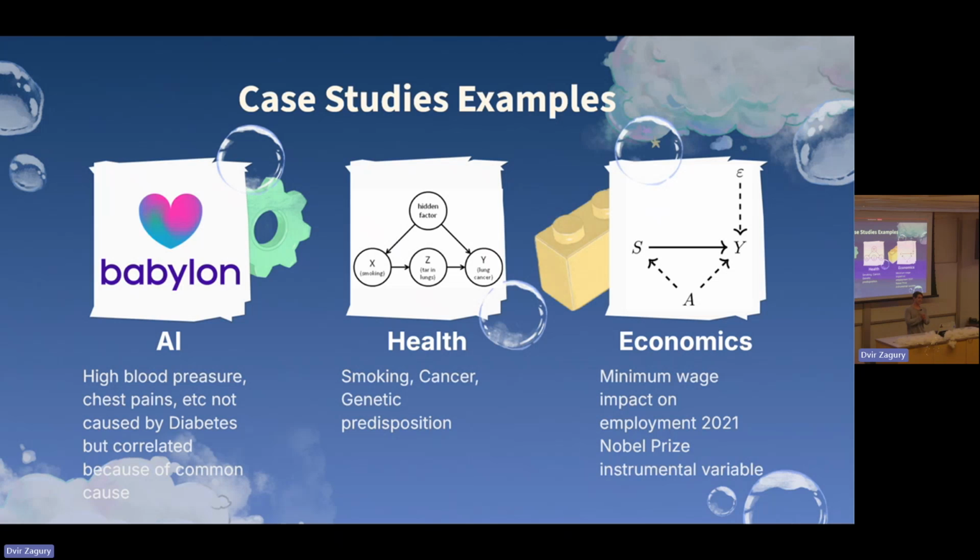The thing is, diabetes doesn't cause any of those symptoms. The AI wouldn't know it, but if you ask any doctor, they would not tell you that it would be diabetes. So they noticed that, and they wanted to understand what was happening, and they saw that